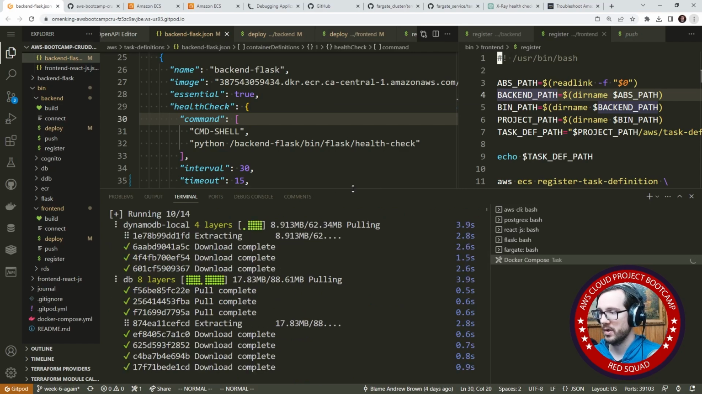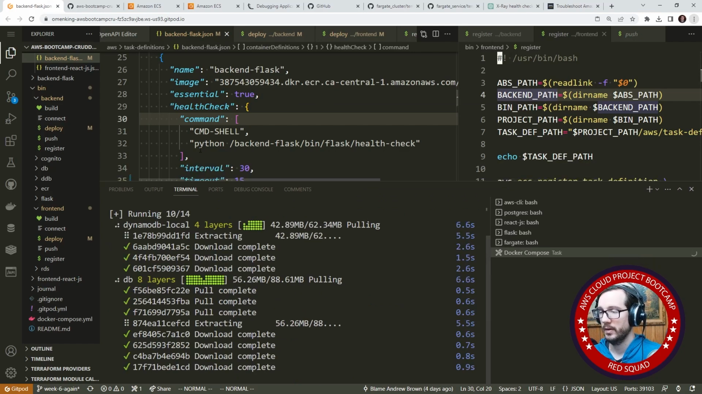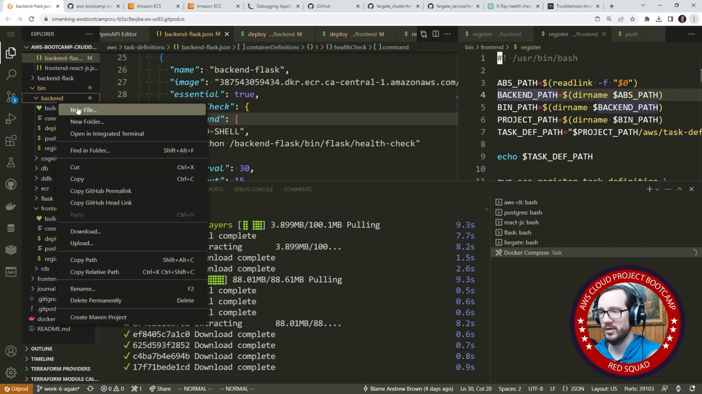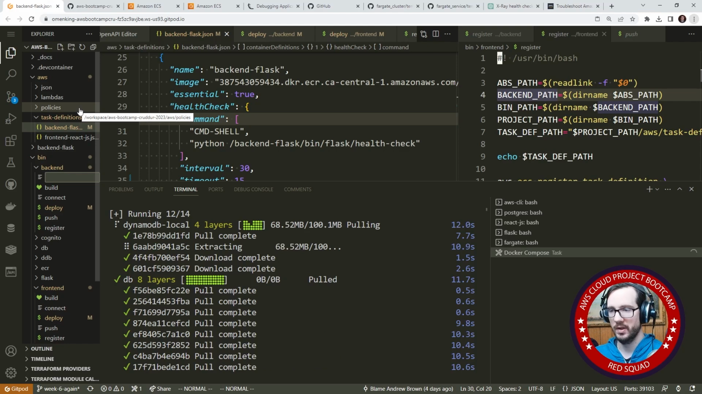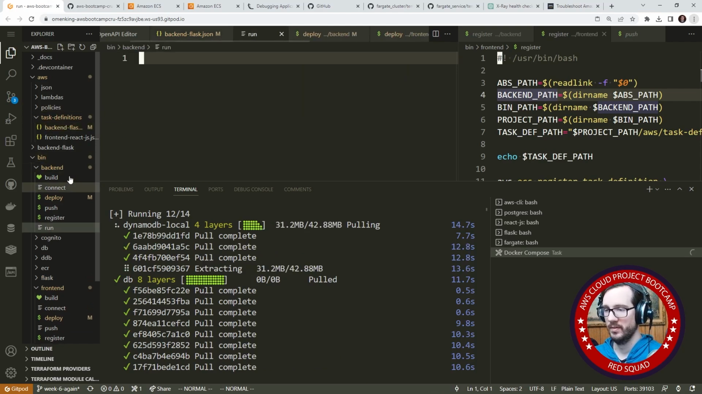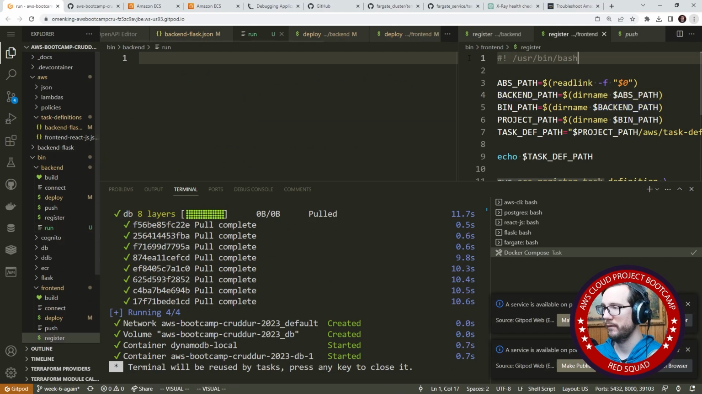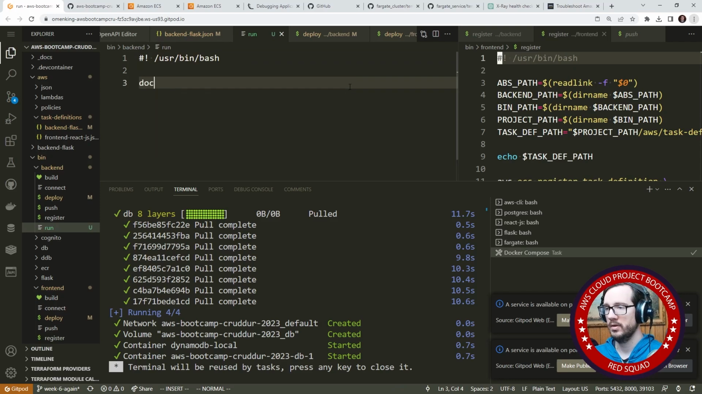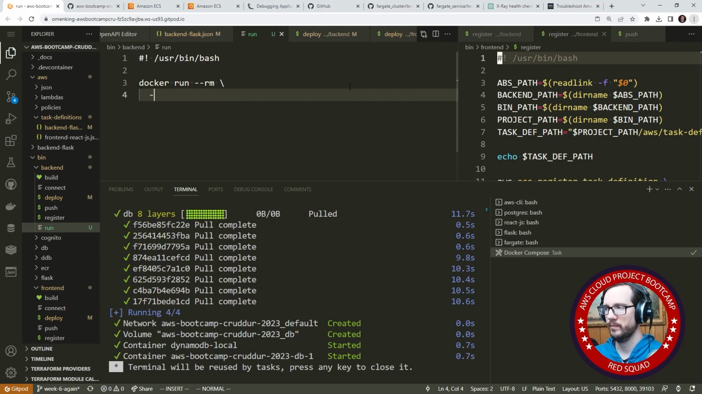I want to start the production one locally. And so I'm actually just going to make a new script here, new file, and I'm going to just say bin/backend/run, so I don't have to keep doing this. For this to run, it's going to be something like docker run --rm, because it stands for remove. On the next line, we're going to do -it. This will be the Docker backend Flask prod image. And then here we will have,